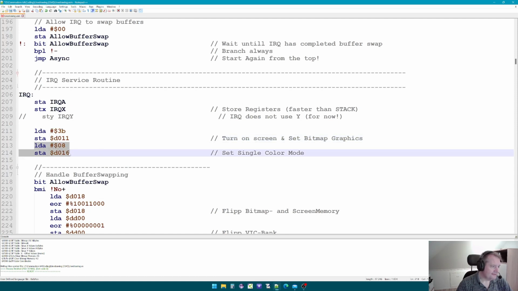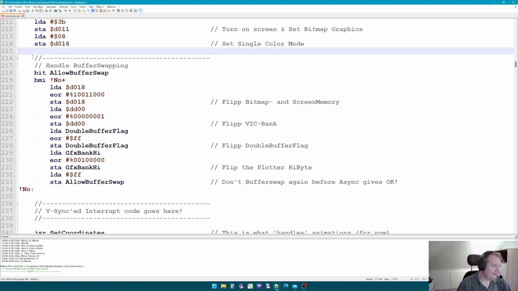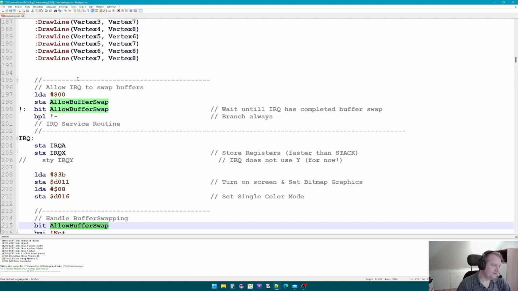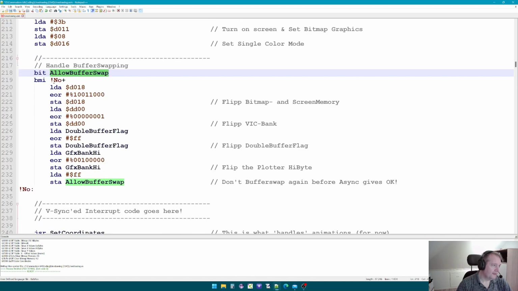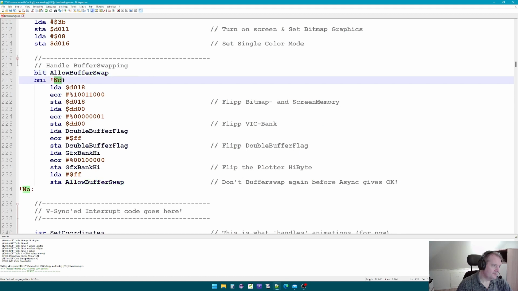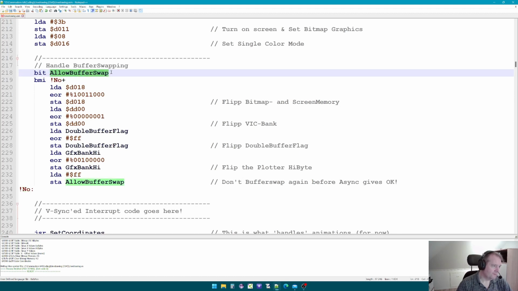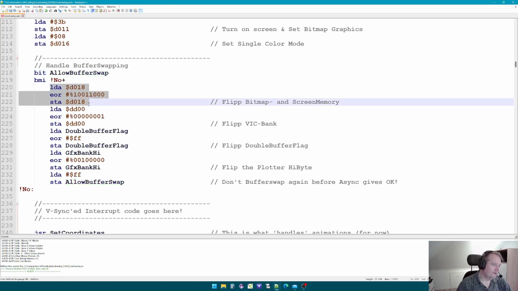And then I set single color graphics mode. And here's the part that handles the buffer swapping. So he tests the allow buffer swap, which was set here by the asynchronous code. And if it isn't allowed, he will just jump over this code. If he is allowed to swap the buffer, and remember we're still at the top of the screen, he will